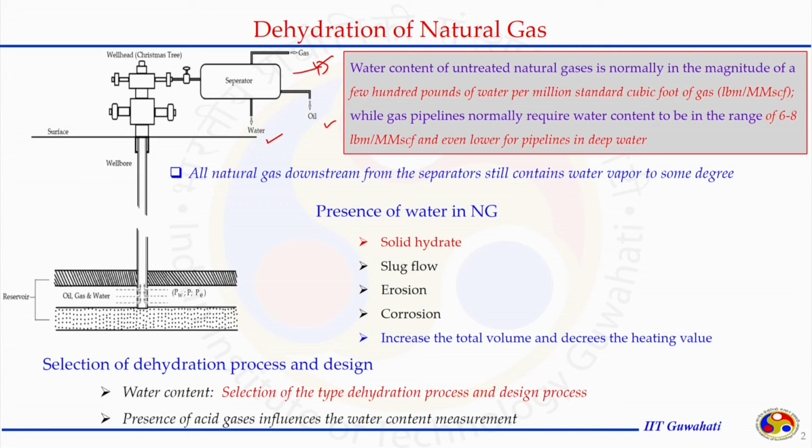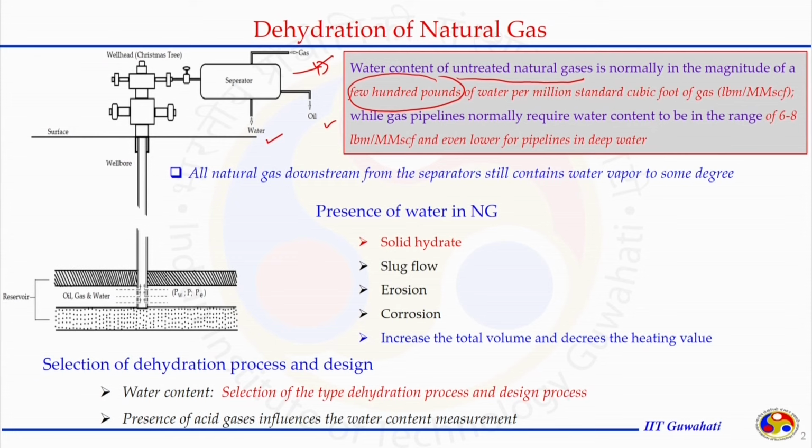The process of removing the water vapor from the natural gas is called the dehydration process. The natural gas after the separator, the natural gas that is untreated, carries a few hundred pounds of water per million standard cubic feet of gas, while the gas pipeline normally requires water content to be in the range of 6 to 8 lbm per MMSCF. That is why water removal is required, because the presence of water in natural gas creates several problems, like